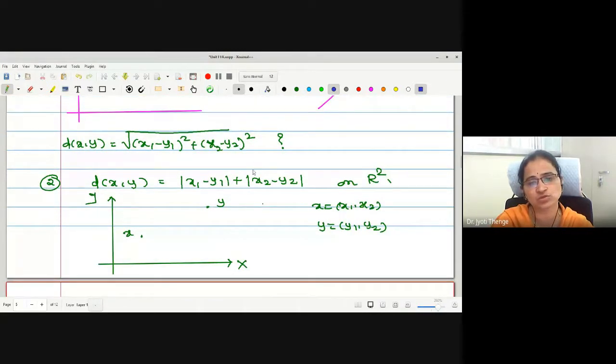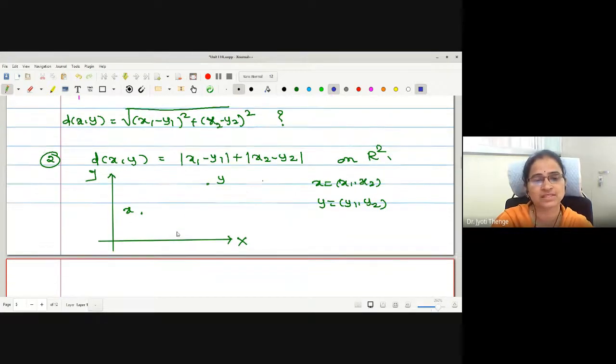I think this was also a question, no? The distance between two points, if I define it like this on an R2 space, then how are you going to calculate the distance between the two elements? This is the question I asked in the last lecture, I think. Right, no? Yes? Has anyone searched for the answers?